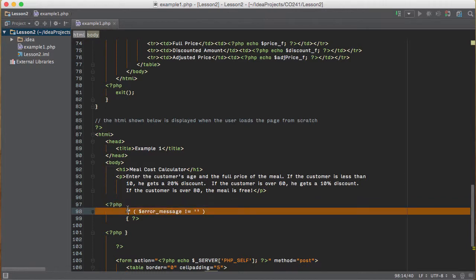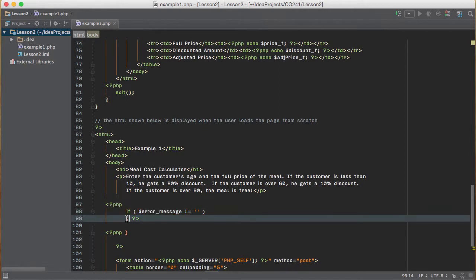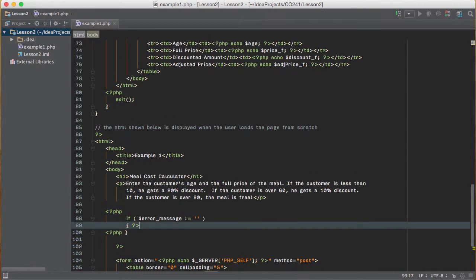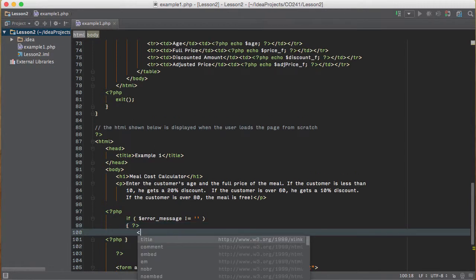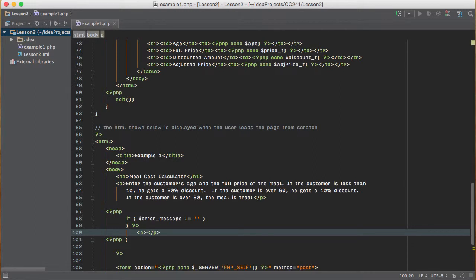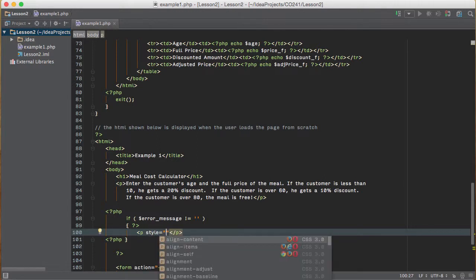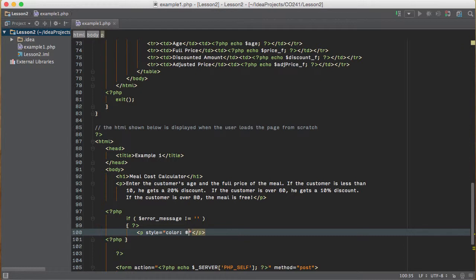You're asking a question. If it's true, you're putting a curly brace up. Then you're getting out of PHP to do something in HTML, which will be the display of a paragraph whose style will be a color set to red. And we'll display error,